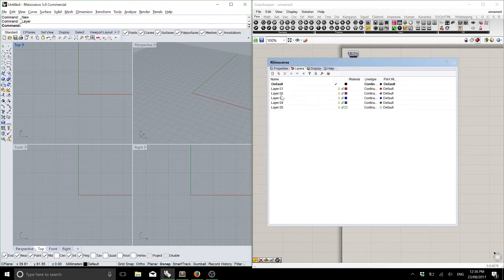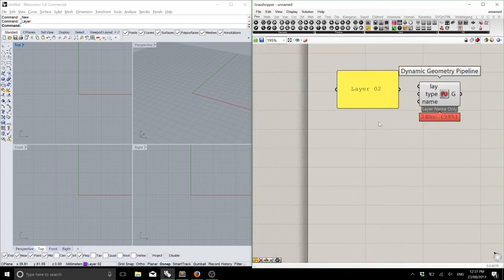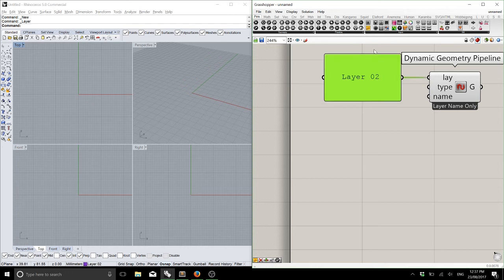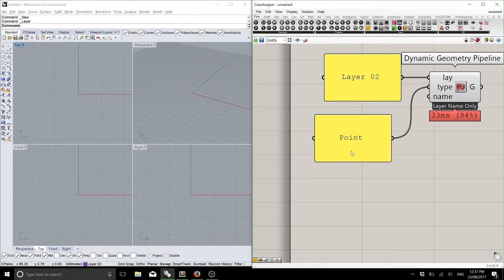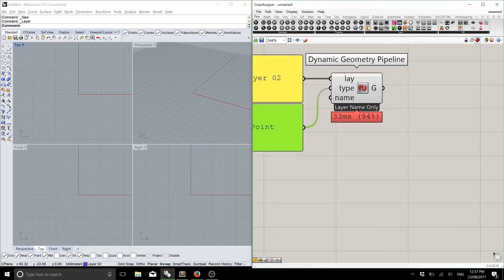So if, let's say, I want to draw points on layer 02, I'm going to type into my panel layer 2, and grab the type point. Let's not care about names at the moment. Now you can see that this isn't picking any geometry up because I haven't drawn anything on layer 2. If I then draw a point on layer 2,